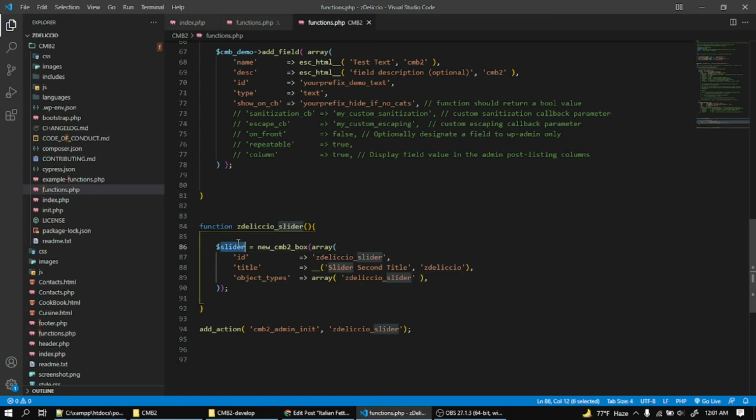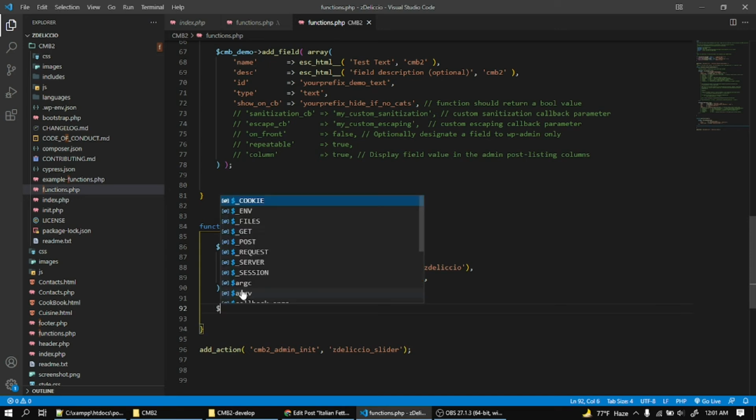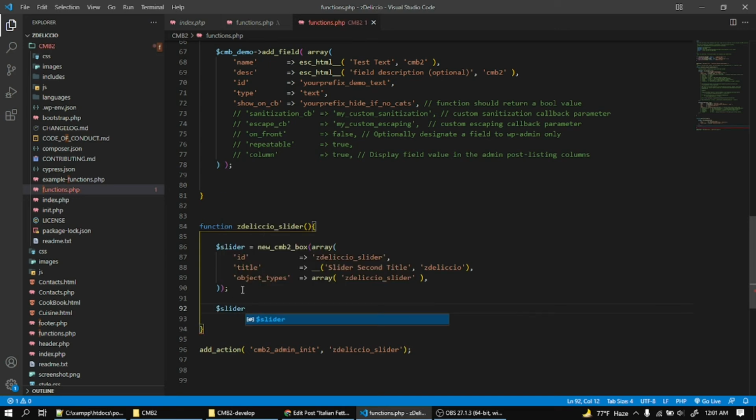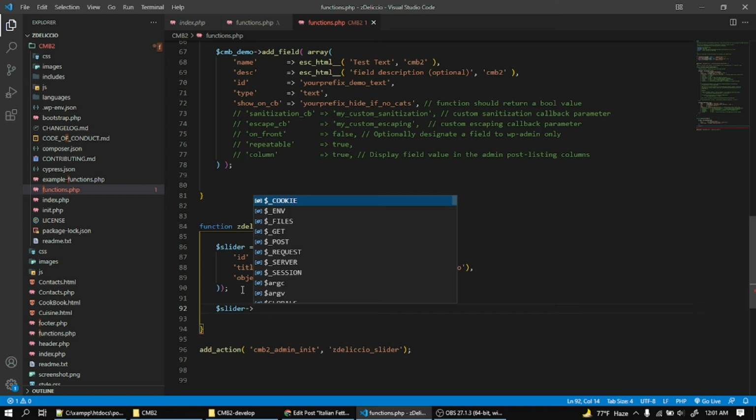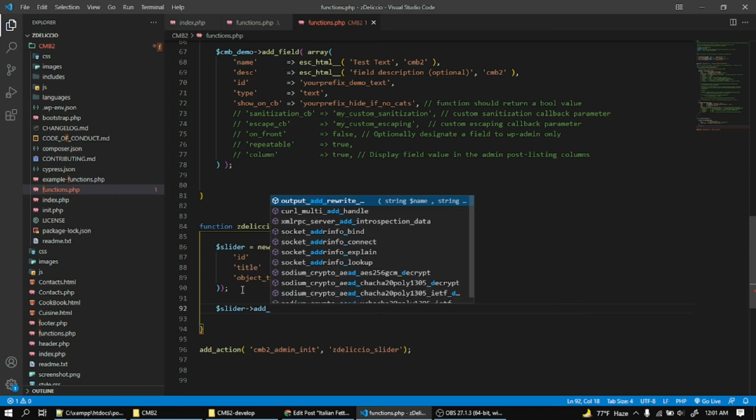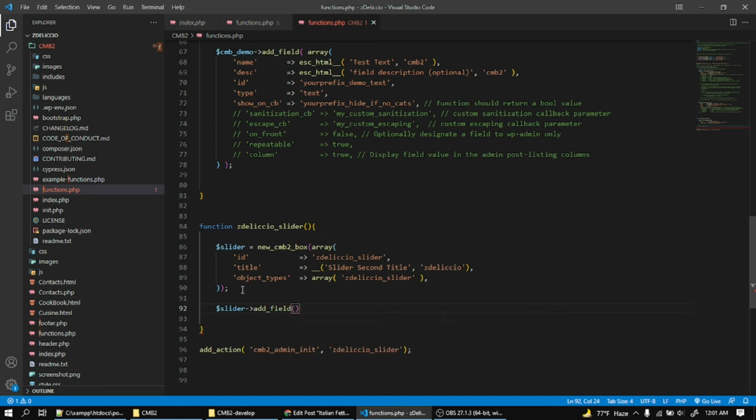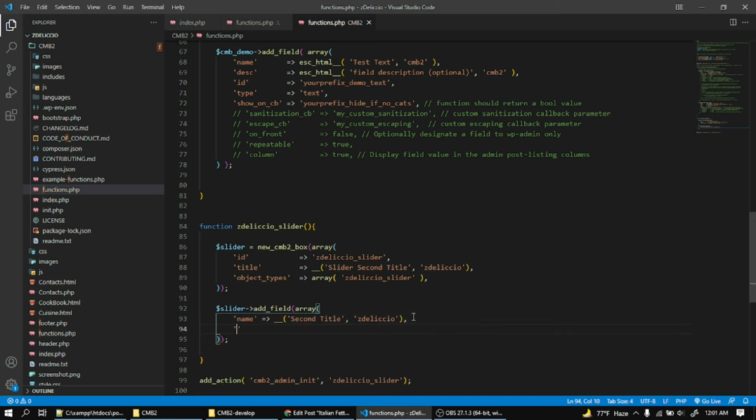Okay, what new we need is the slider variable and add right arrow sign and add field, and add array and add name like second title, delicious domain name, and description